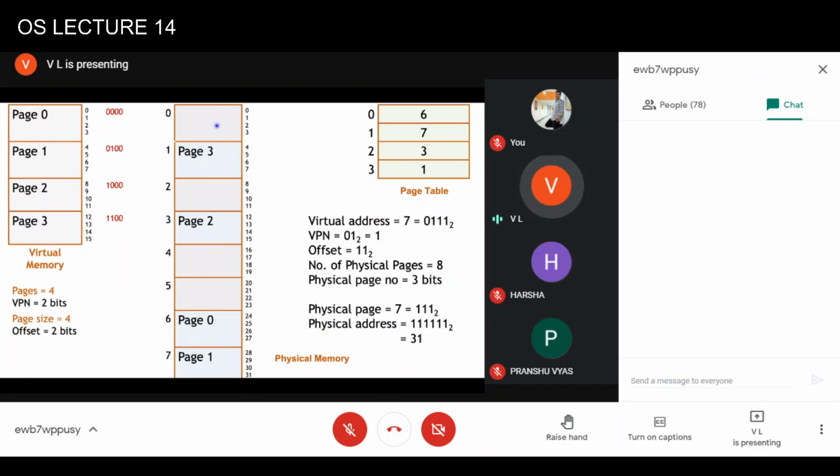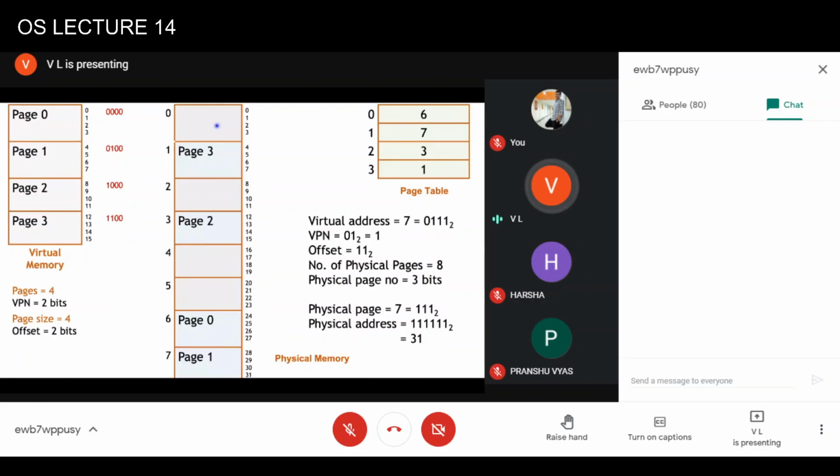But quite possibly your program may need only 256 page table entries. So all other entries are actually invalid. They do not make any sense for this particular process. So the operating system needs to ensure that this is a valid page table entry and this is an invalid page table entry. So it has to keep one bit to say that this is valid or this is invalid.